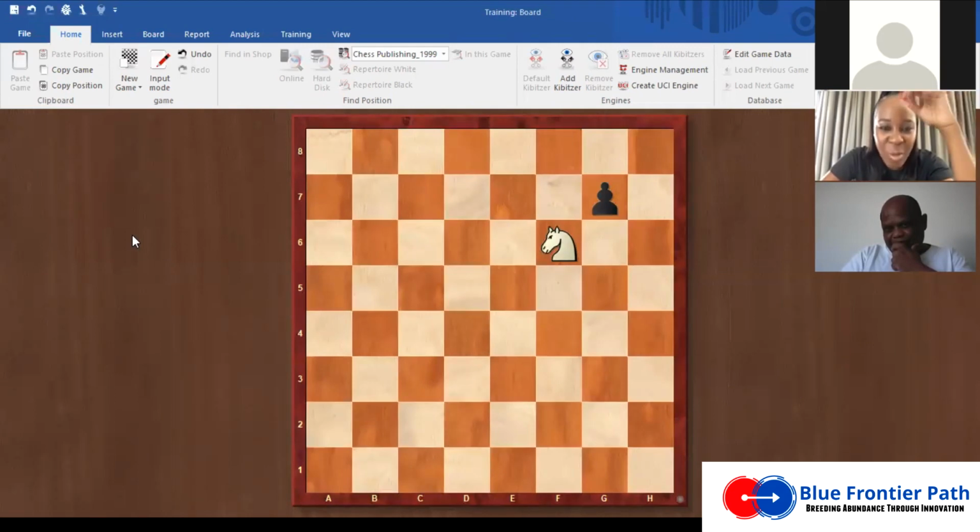But where I'm having such a block is literally the fact that even if I take my 1 to 10 to get to the pawn, it is still a bit of a challenge. 1 to 10, 1 to 10, 1 to... Okay, I've got it. 1 to 10, 1 to 10. Okay, I've got it. So from f6, I'm moving to